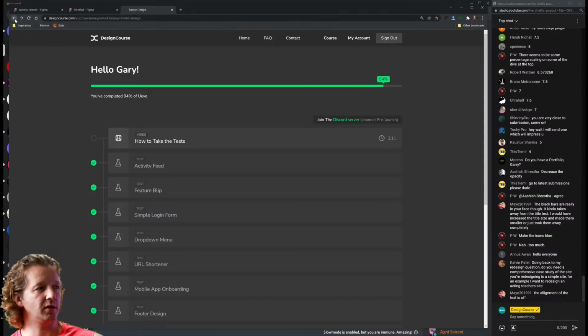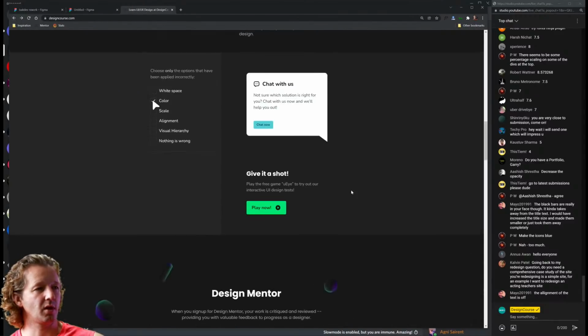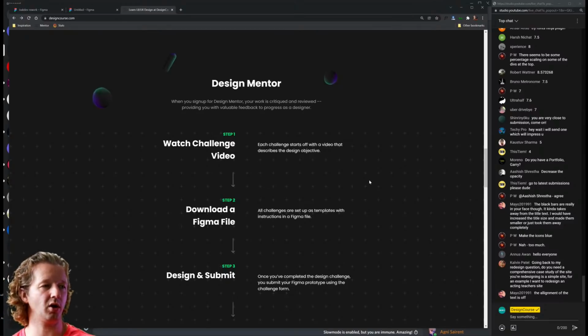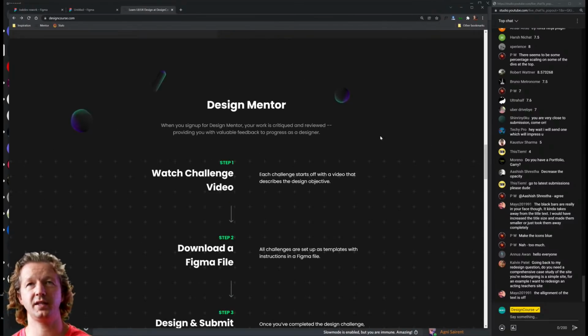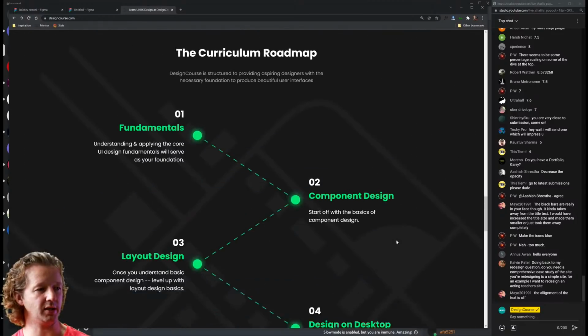And also, if I go back, mentorship. So design mentorship, where you submit a design based on 15, we're going to have around 15 different design-based challenges, and they're not all full website design challenges. Very few are. The final challenge will be a real, beefy, full web design challenge. But basically you submit a Figma prototype, I look at it, I copy it, and then I fix any areas that need to be fixed along with adding comments. So it's going to help you all become great designers.